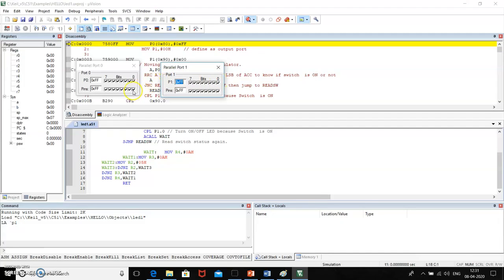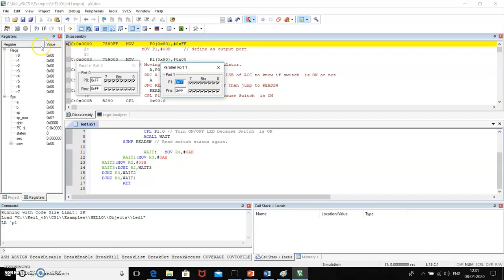Whenever logic 1 is present at pin 0 of port 0, the logic present at pin 0 of port 1 will start blinking. Whenever logic 0 is present at pin 0 of port 0, then pin 0 of port 1 will remain in its previous state.